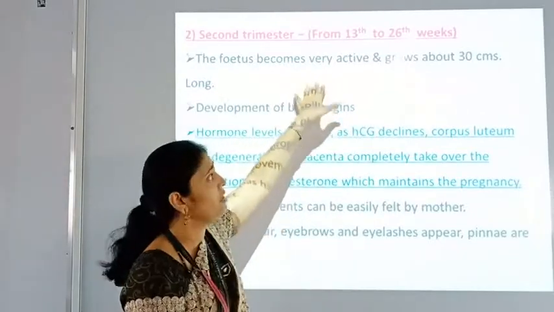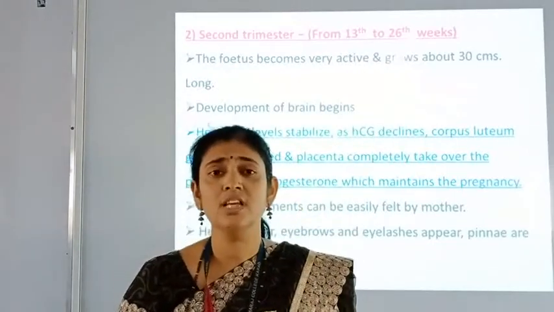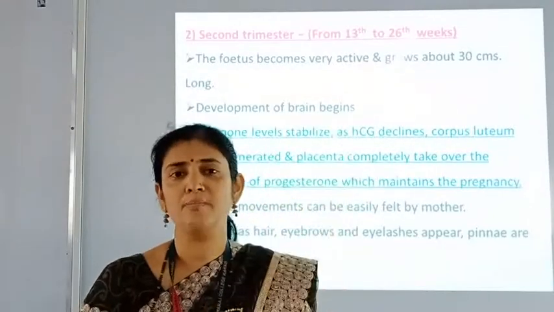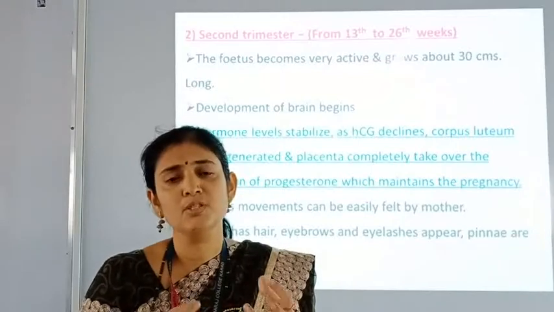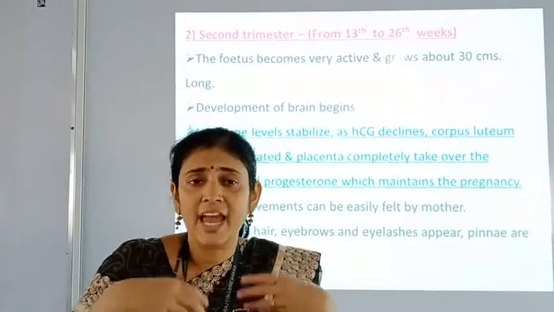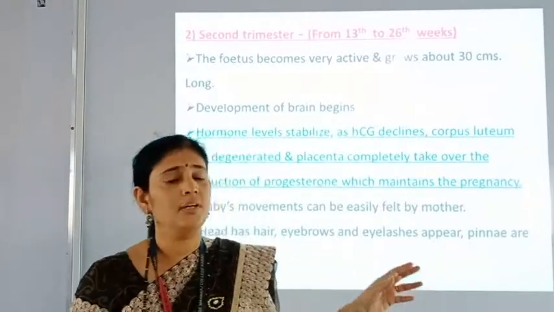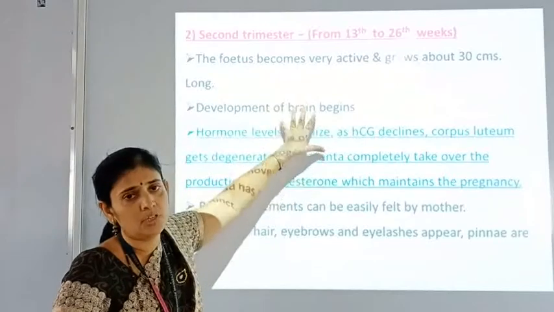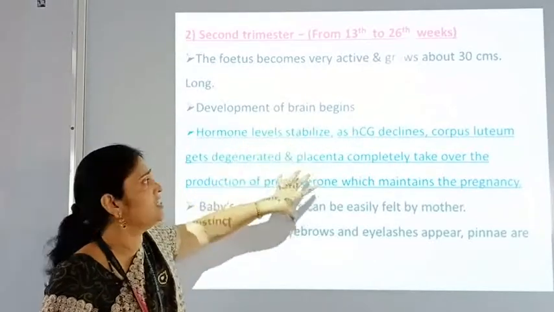becomes very active and grows about 30 centimeter in length. As we have seen, a 7 to 10 centimeter fetus is developed in the first trimester. And here in the second trimester, the fetus becomes very active and shows very fast growth, and it is about 30 centimeter in length by the end of the second trimester. Development of the brain begins at this stage, and here